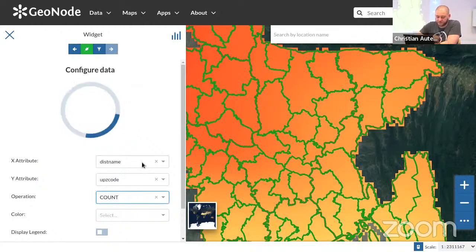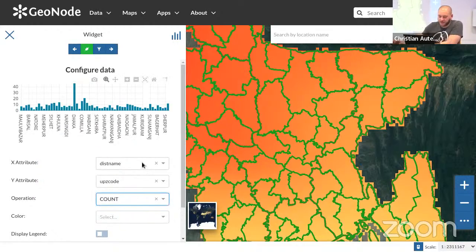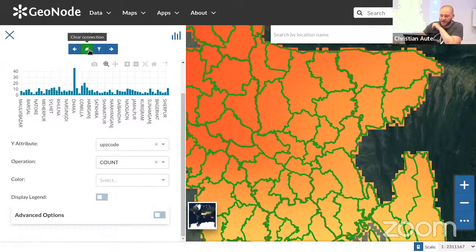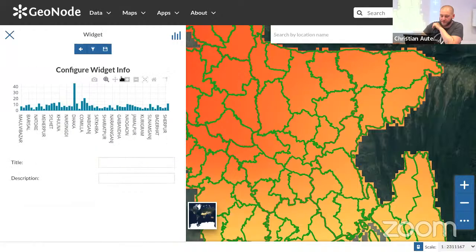So let's wait a second. You can just click it together. We are just saying that our x-axis is the district name. Our y-axis is the count of the different upazilla codes, and we can add it to the map and give it a title. For example,